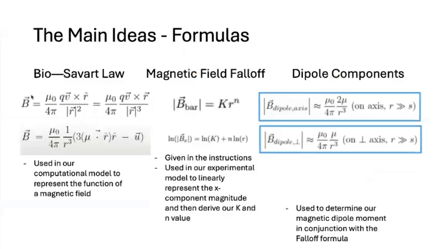Some of the formulas breaking down fundamental principles included the Biot-Savart law, which is essentially what we used in this form in the computational model to represent the net magnetic field. We used the fall-off formula, that distance dependence formula, and used this linearization to represent the x component magnitude and then derive our k and n values. In conjunction with this, the dipole component breakdowns of the magnetic field, essentially using the on-axis version,